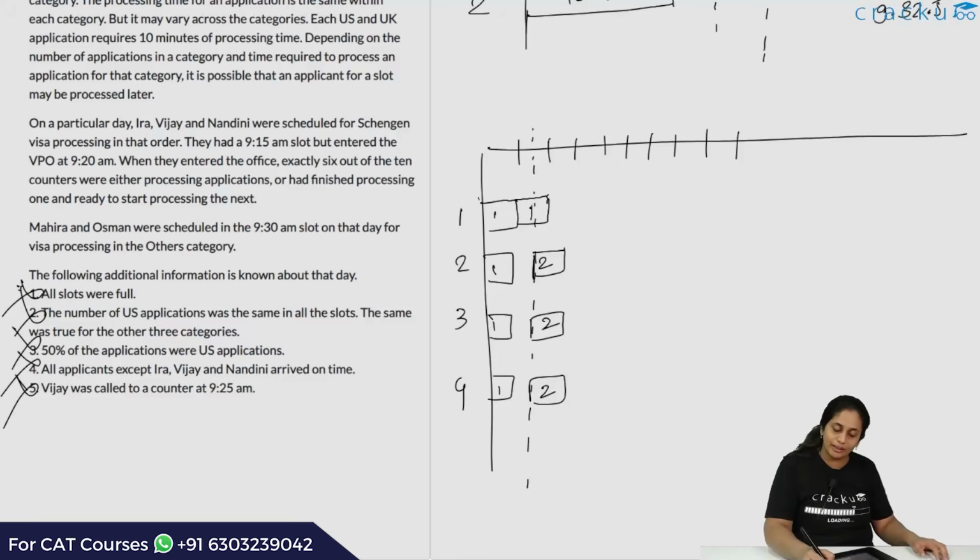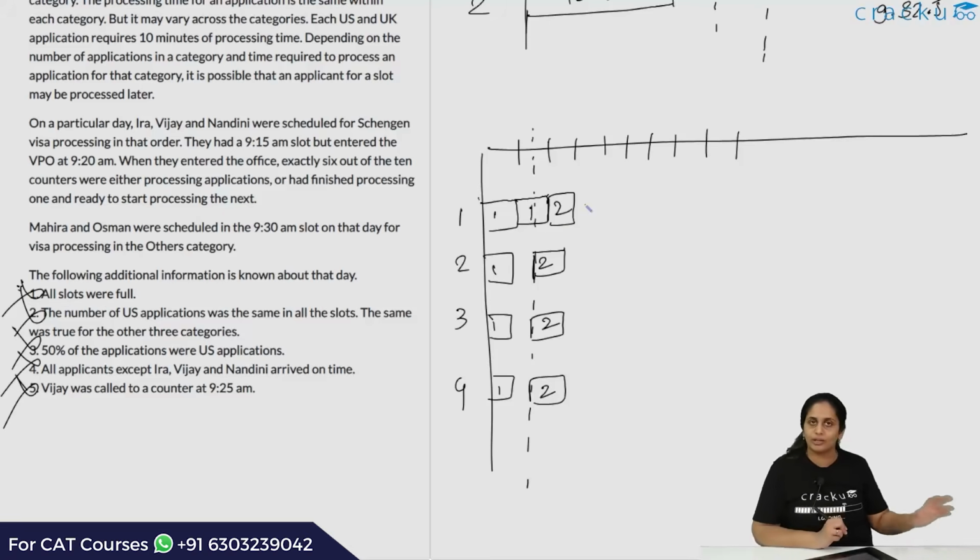Over here at 9:20, this will take the second person. So over here also, the first counter is ready to work. So at 9:20, when it comes to the US applications, all 4 counters will definitely be working. Both Schengen counters are working. So that basically means that the 2 UK counters are anyway empty because there are no applications. But it also means that the others visa counters were not working. They were empty.